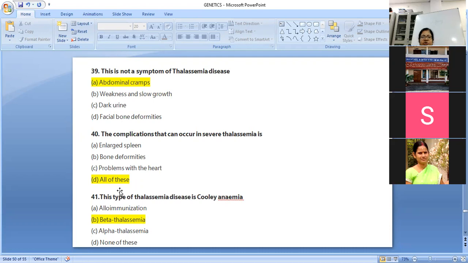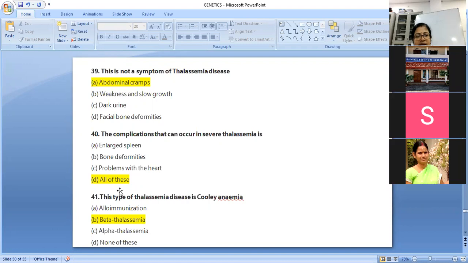But abdominal cramps are not an option. In no way is this leading to any disruption or any, we can say, torture to the abdominal lining. So cramps are not an option.